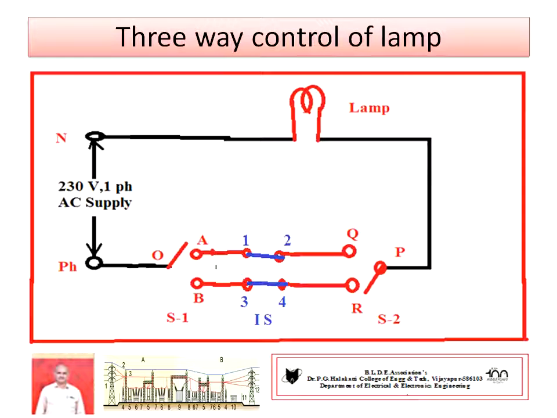It is the electric circuit for 3-way control of a lamp. Same as the 2-way control, but one more switch is inserted between 2 switches. It is known as the intermediate switch, and switch S1, switch S2 and a lamp. So, there are 3 switches. The operation of the lamp is controlled by S1, IS and S2, that is 3 switches. Hence, the name 3-way control of lamp.